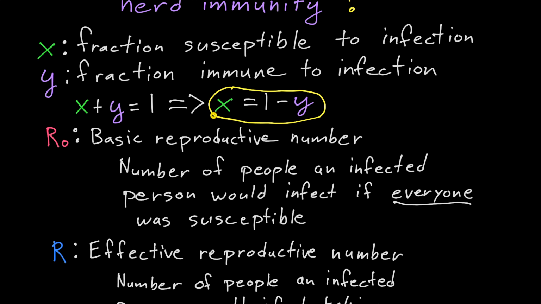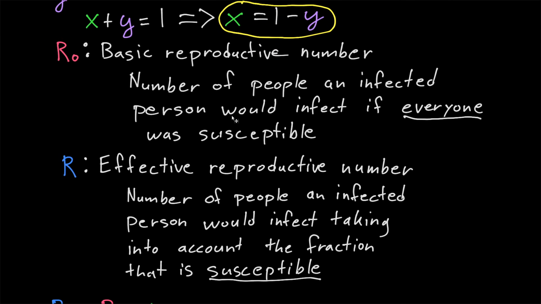What is this equation telling you? Well, this equation is telling you that the fraction of the population that could be infected is equal to the whole population minus the fraction that cannot be infected. So it's just rewriting this original equation by solving for x. And now if we have x is equal to 1 minus y, let's go ahead and take that and plug it in for x